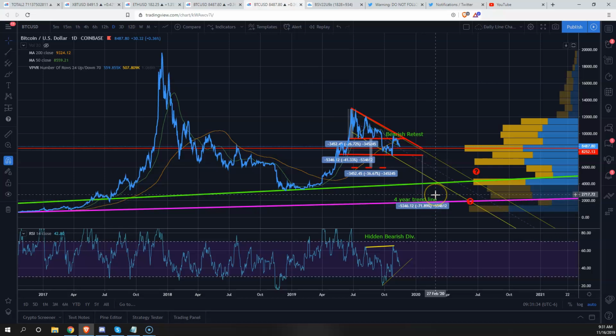So it doesn't mean that I'll never buy Bitcoin or that I won't buy my Bitcoin back. If we do put in bullish structure, which I've talked about multiple times, it doesn't matter where the price is, whether it's 8,500, 7,500, 6,000, 4,000, whatever. If we put in bullish structure, I'm going to go long until proven otherwise.